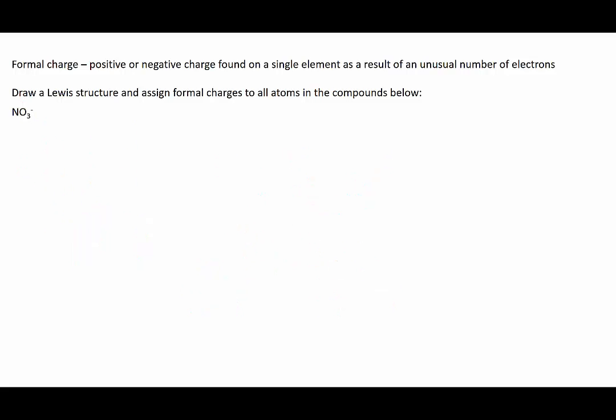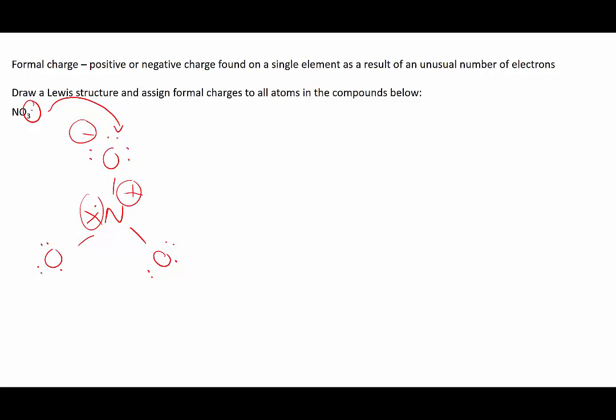Finally, let's take a look at nitrate, NO3-. Again, we're going to make bonds to nitrogen and 3 oxygens. Add in our lone pairs and our unpaired electrons. Okay, we have a negative charge here. We'll go ahead and add that to one of the oxygens, giving it a formal negative charge. And now we see that the nitrogen has a lone pair, so it can't bond anymore. We'll take one of the electrons away, giving a formal positive charge to the nitrogen. Give that electron to one of the oxygens, formal negative, and now we can make a new bond here and here. So if we clean that up,